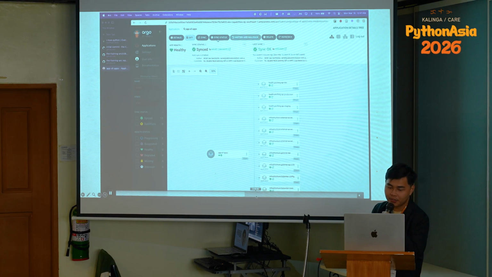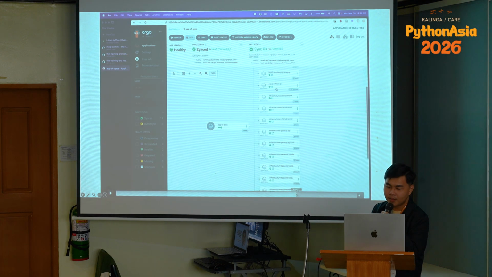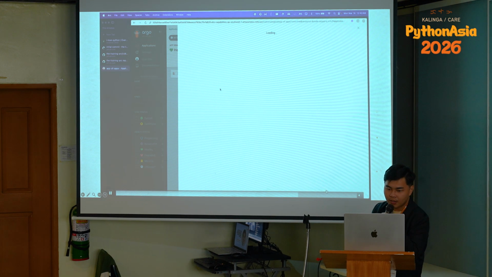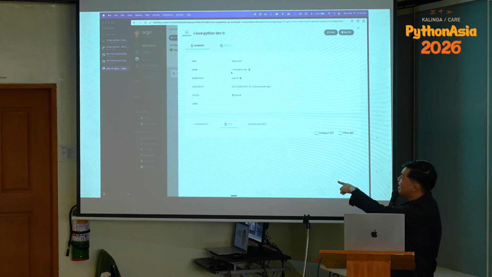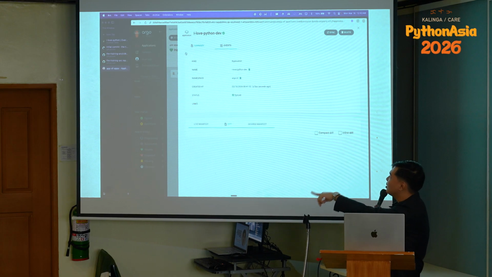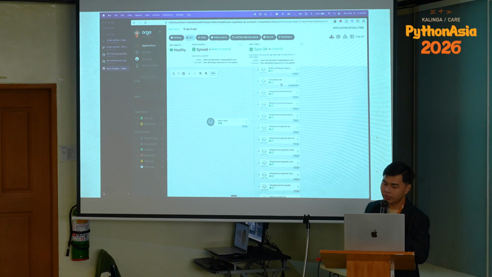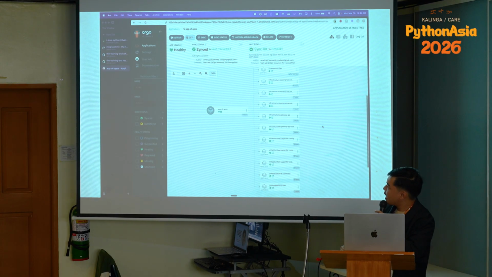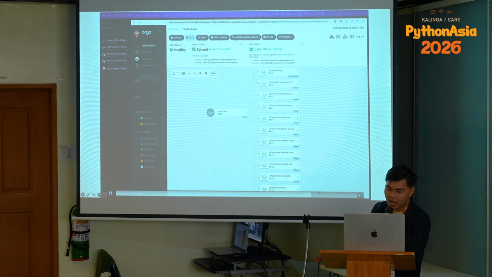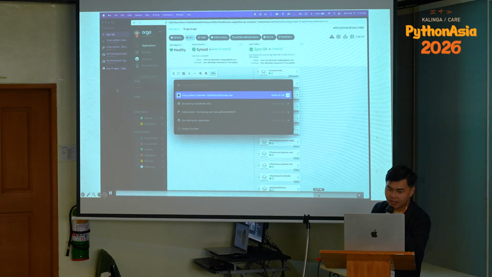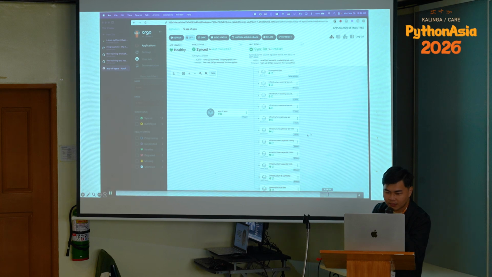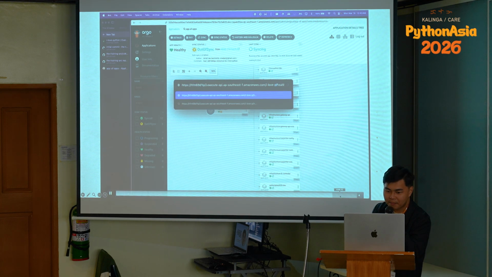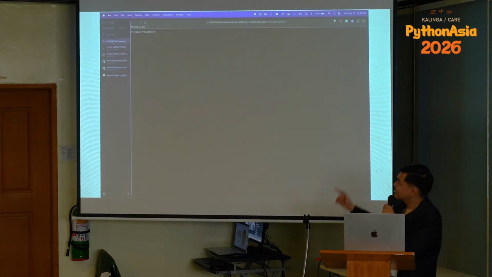So here we're in Argo CD, and if we refresh long enough, we see the new I love Python dev pod already set up here. And if we go to the prefix I love Python, it should now show the new service that we have just spun up. So here, I love Python health endpoint, and it's now live.